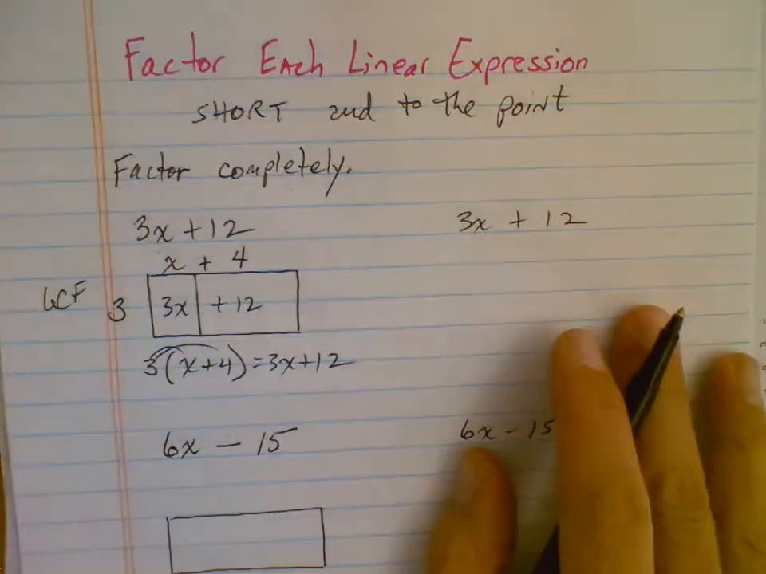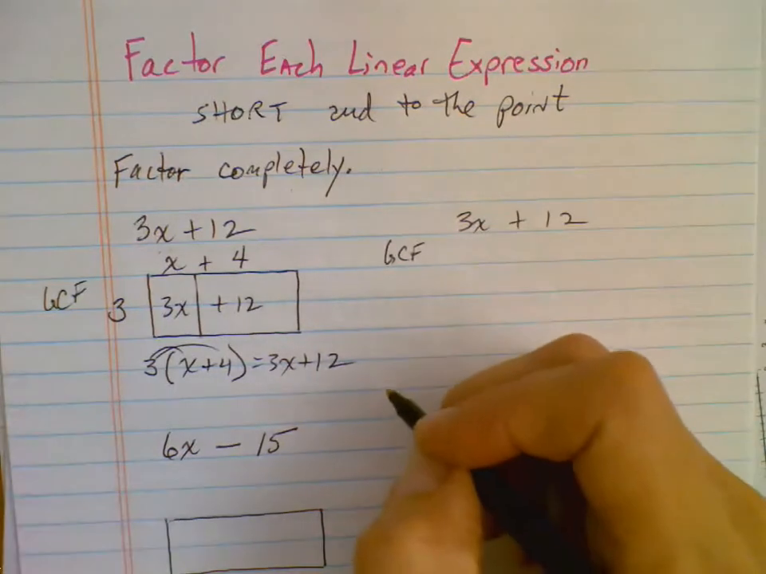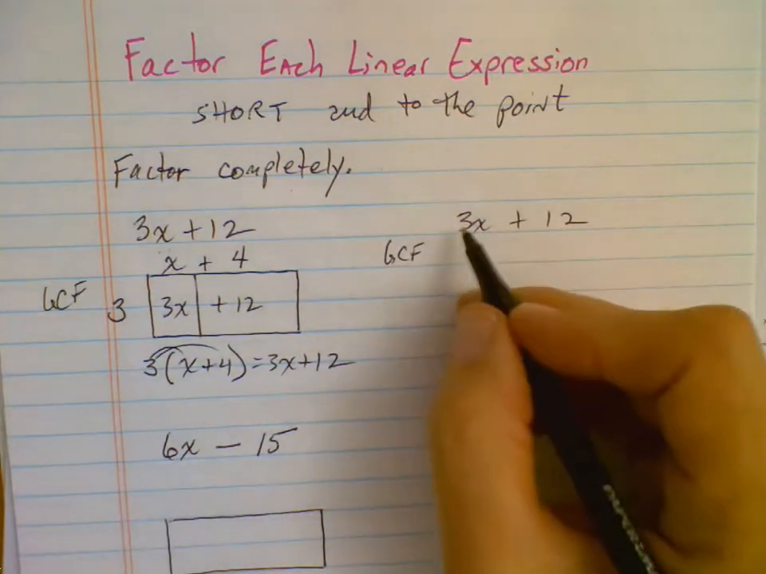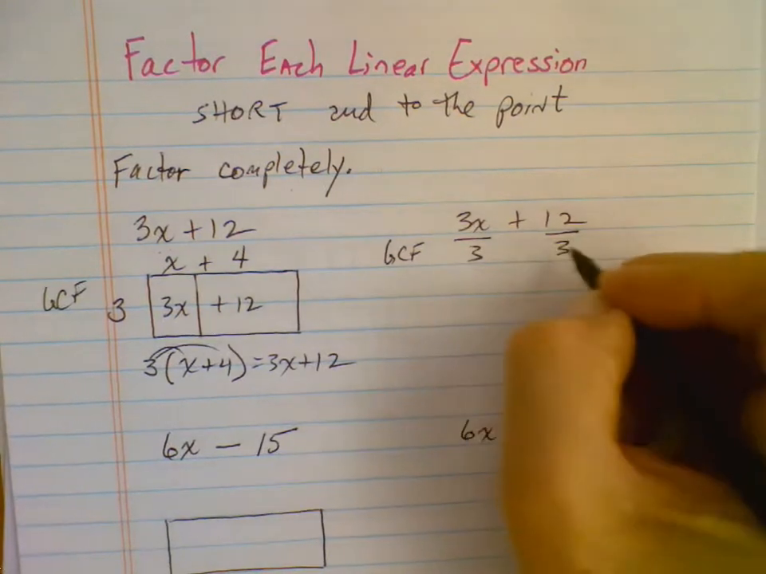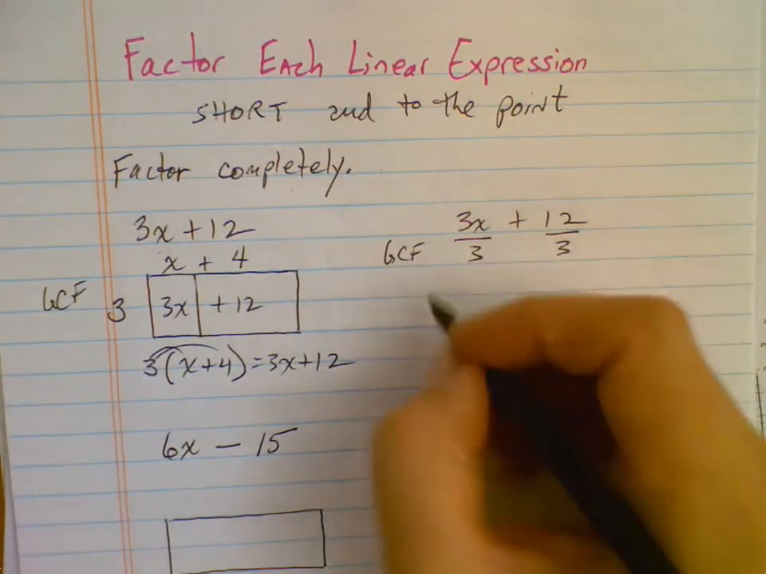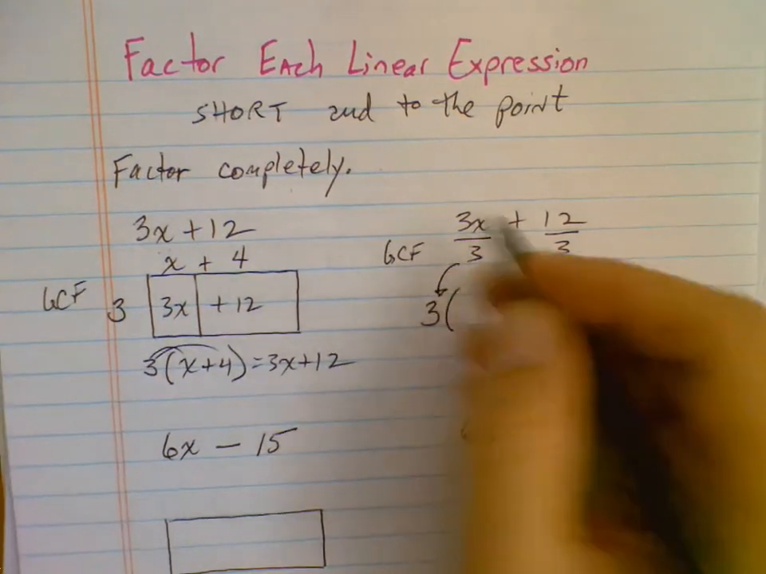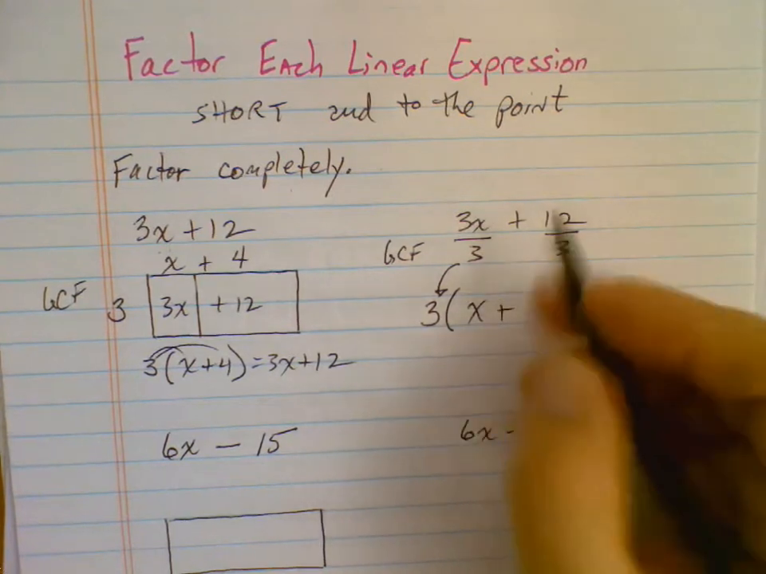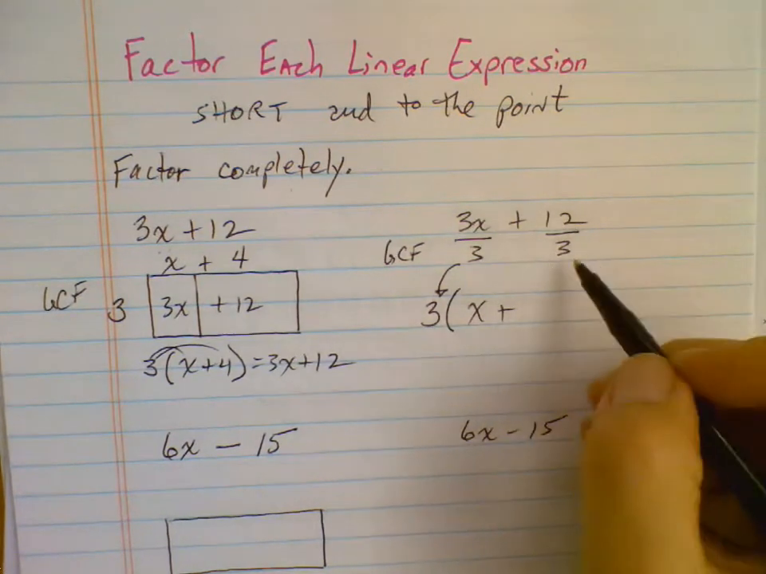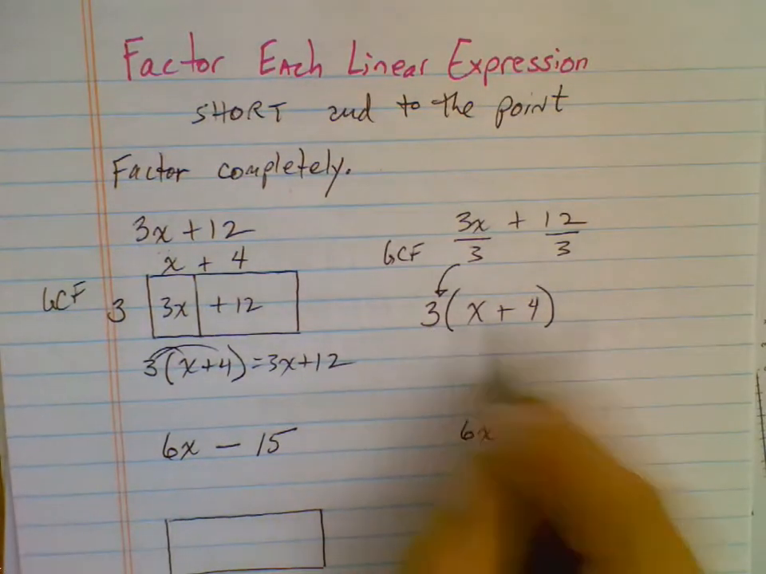Another way to do the same problem is just, again, think what's the greatest common factor? Well, the greatest common factor is 3 between 3x and 12. So I'm going to divide both of these by 3. My greatest common factor is going to come outside my parenthesis. 3x divided by 3 is x, plus 12 divided by 3 is 4. And again, I get the same result, 3 times the quantity x plus 4. Next example,